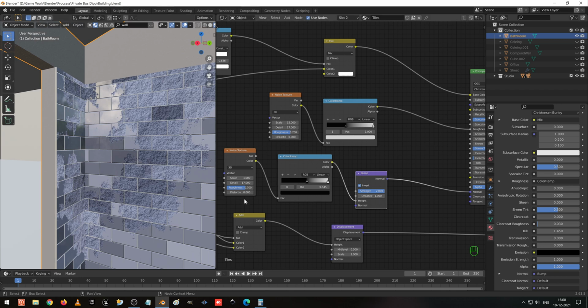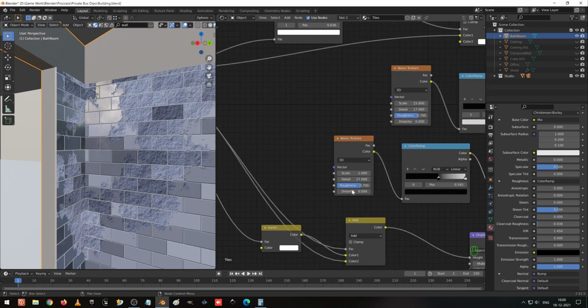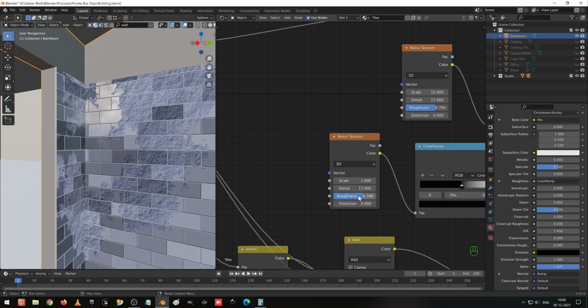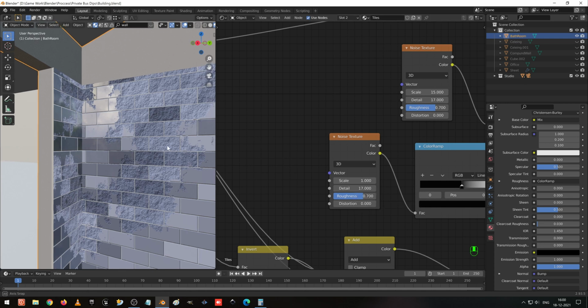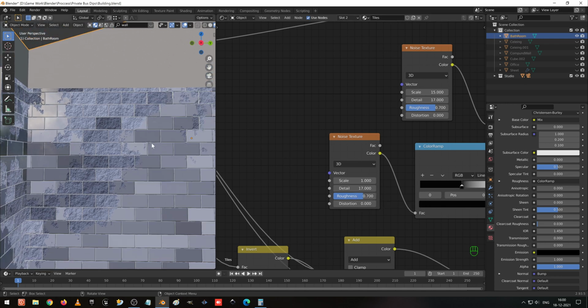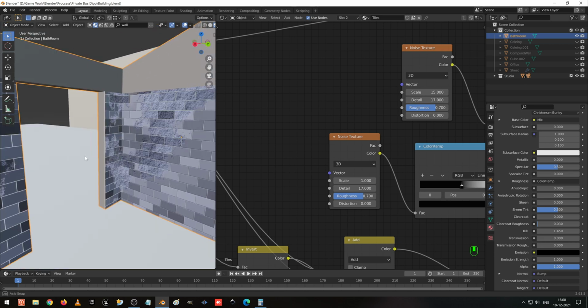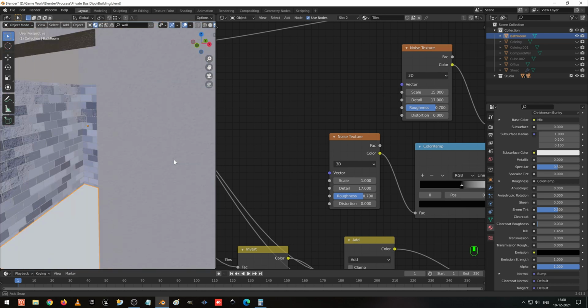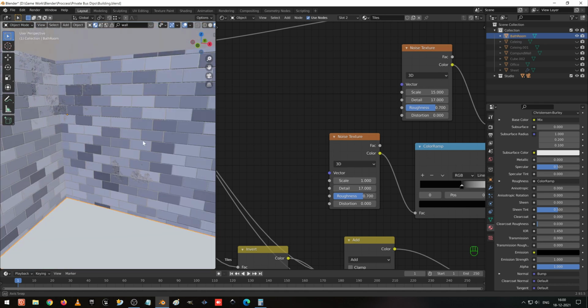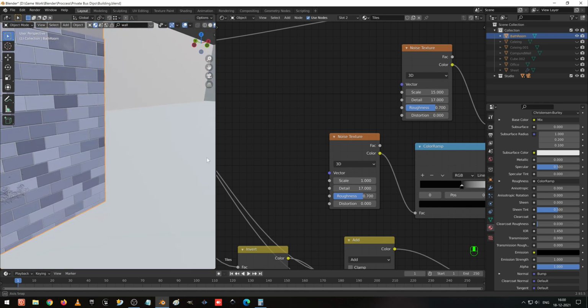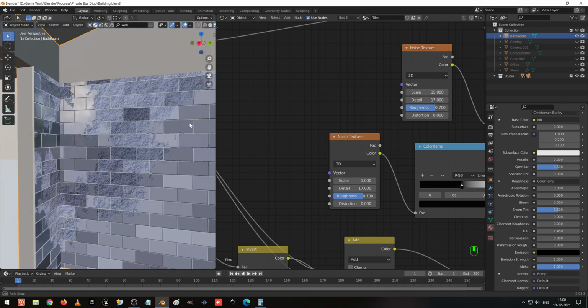Okay, this looks better. So in some places it has been damaged. So this is the thing I'm going to give in our place. Okay, looks nice.